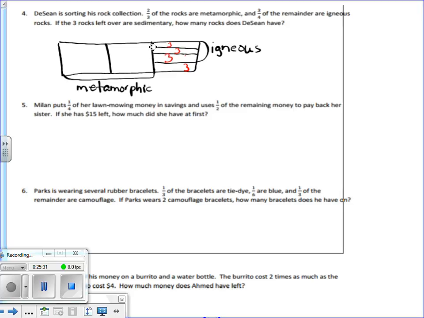So if these are 3, what do I know about this whole big unit right here? It's a 12. 4 times 3 is 12. So how many rocks does he have? 36. Because 12 times 3 is 36. That is so easy. Now, if I had left the problem with you and said, have fun, figure it out, you would have been like,